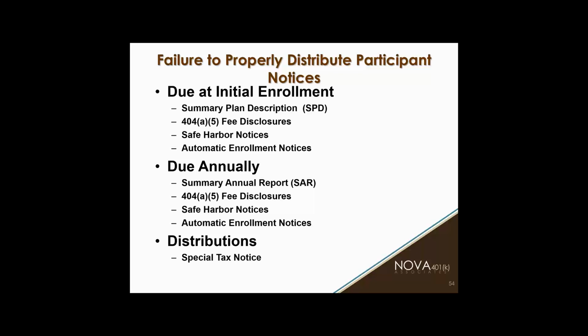The summary plan description, which is a layman's explanation of what's in the legal plan document, has to go out to all participants as they become eligible, and it's not normally part of the normal enrollment materials from your investment provider. You've also got fee disclosure notices. Those are typically sent out by the Hancocks and Voyas of the world. If you're a safe harbor plan, there's an annual safe harbor notice that has to go out. Again, if we produce these notices, like the summary plan description and the safe harbor notice, we do send them out with correspondence when they're due to let you know that you need to send these out, but they are part of your responsibility.